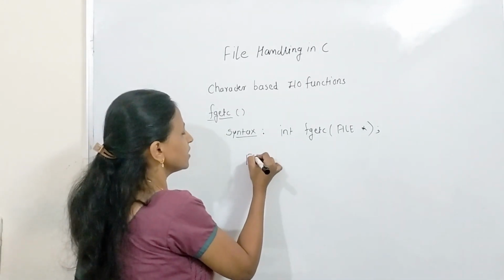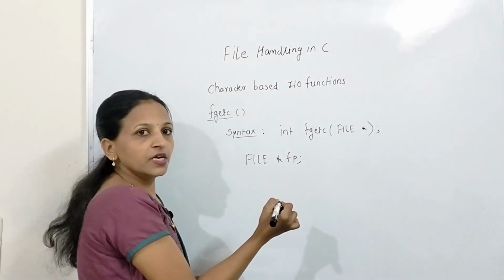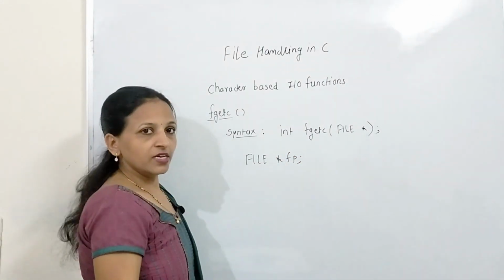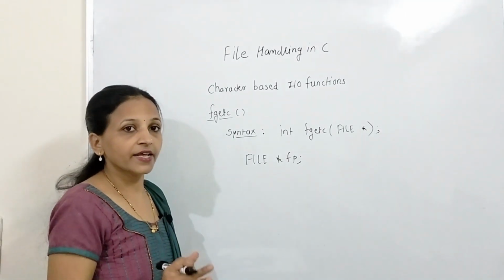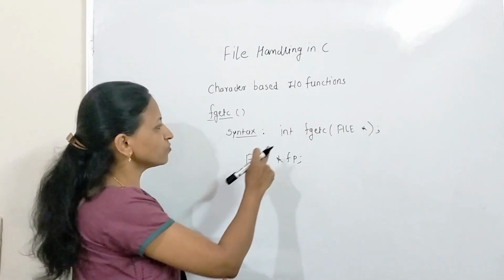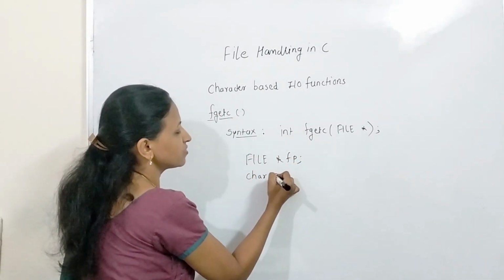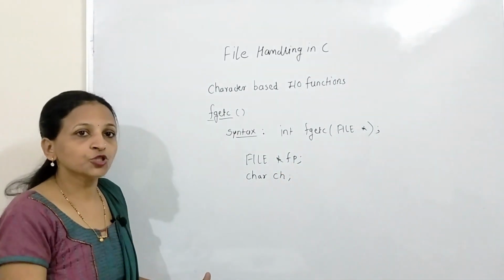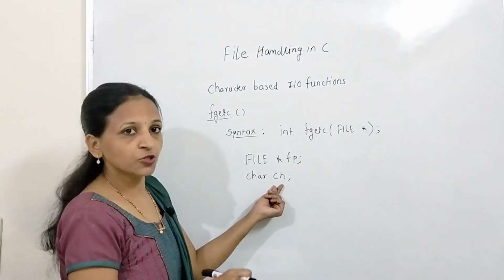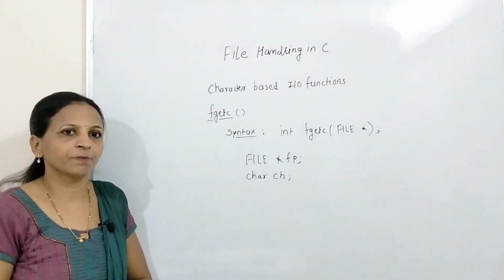Let's see for example how to use this fgetc function. Let we have declared here one file pointer, FILE star fp. Now here we have to open one file, let abc.txt. From that file I want to read some contents, character by character. Then I can use this fgetc function. Now for that we have to declare one character first. Why? Because whatever character read from that file, that should store somewhere, and that will be stored inside ch, and then we will display that character with the help of printf.